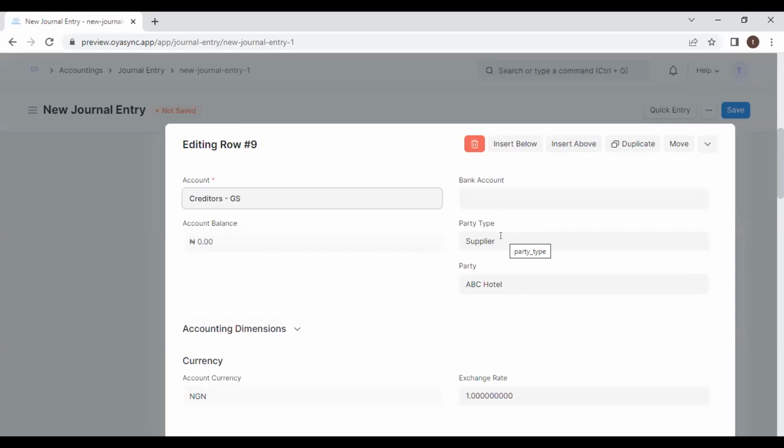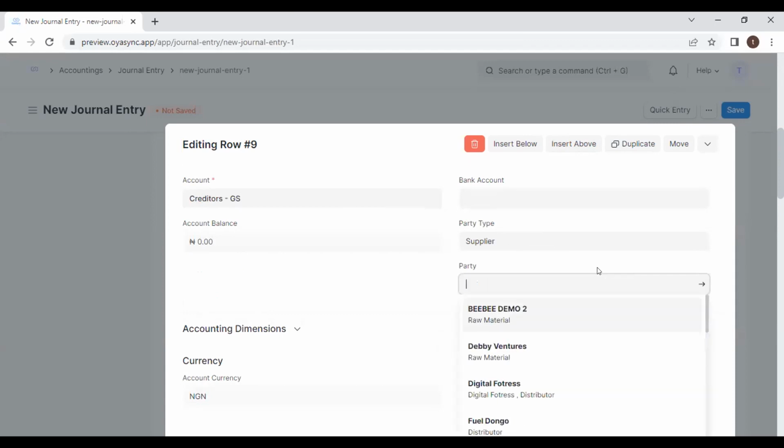Then I select my party. I can continue everything I'm doing here. Once I select my party, it will ask me which party. It might be a different person. So I clear this, and let's say,